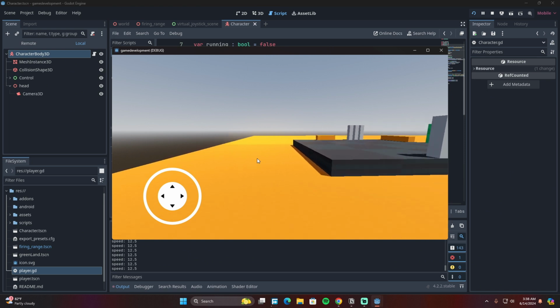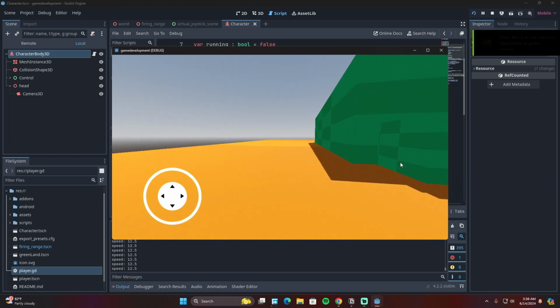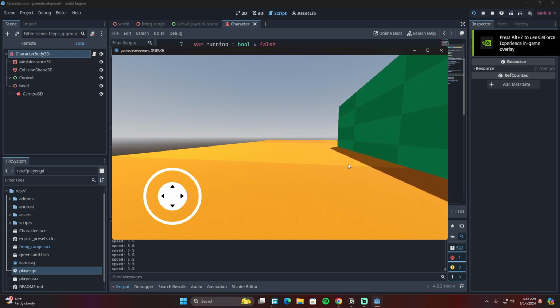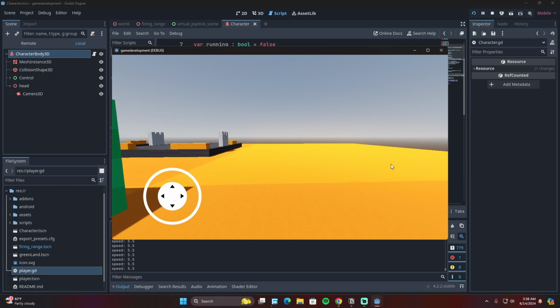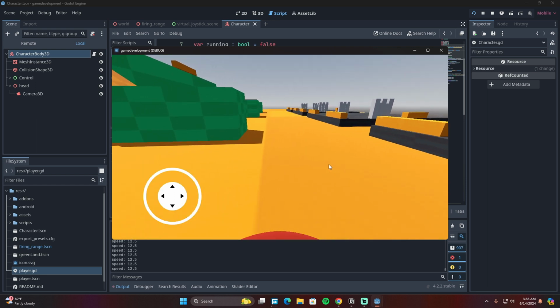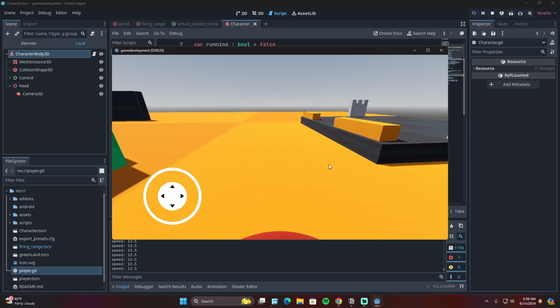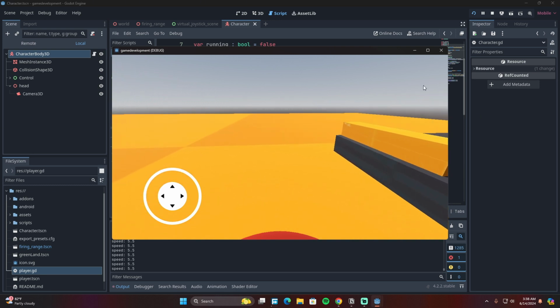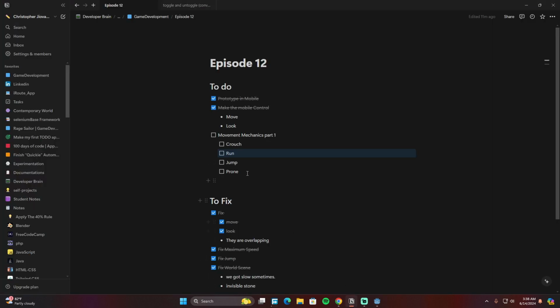So I'm not holding it anymore, I just pressed once. I'm gonna press it again. There it is. It runs. I mean, it's in the walking stance, running movement: walking, running, walking. Okay, so we basically did our run,